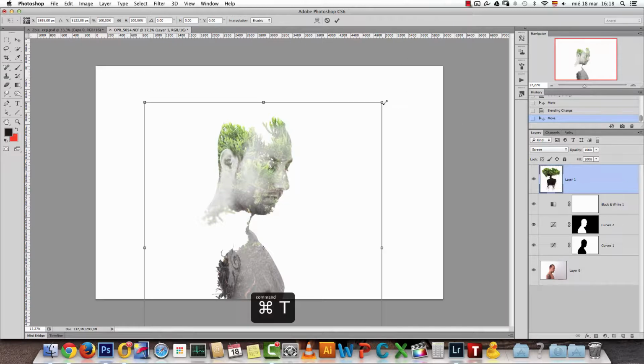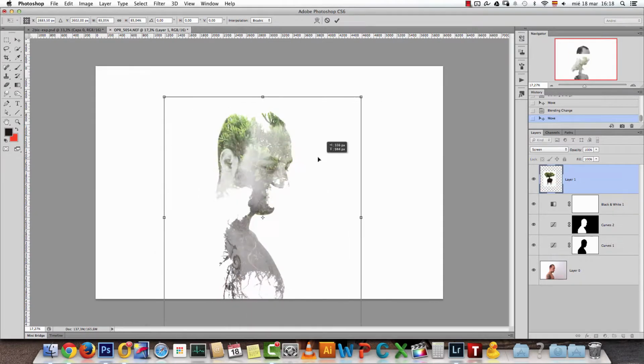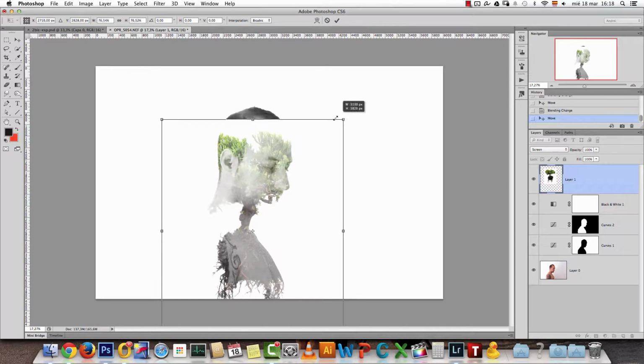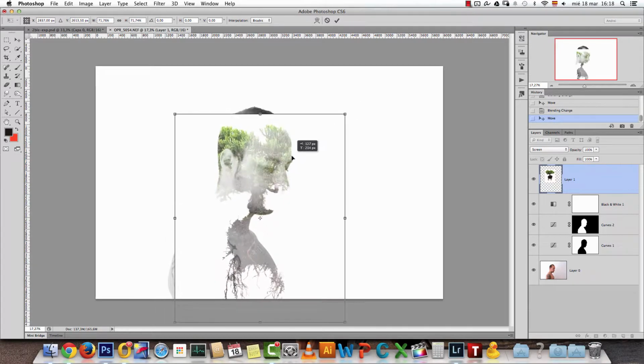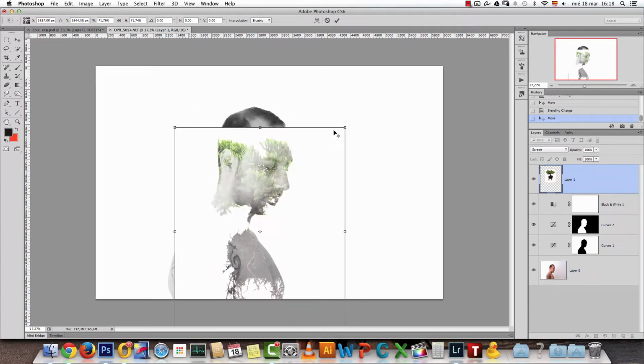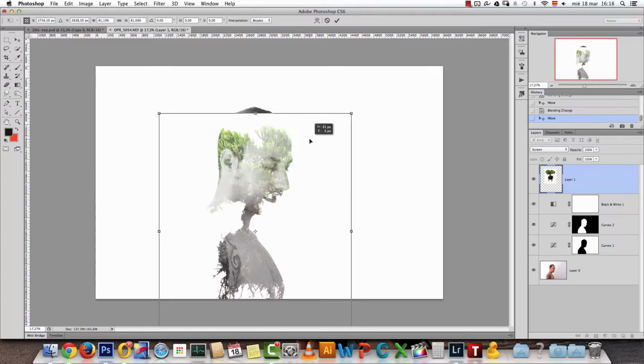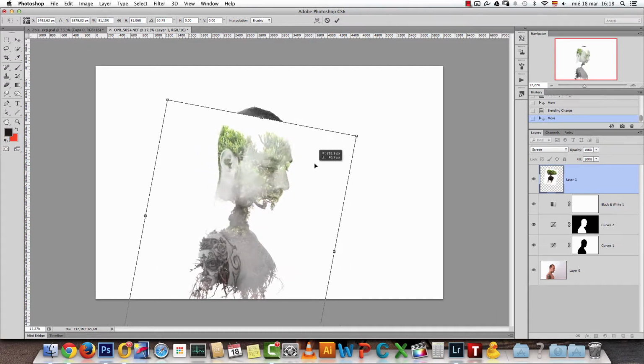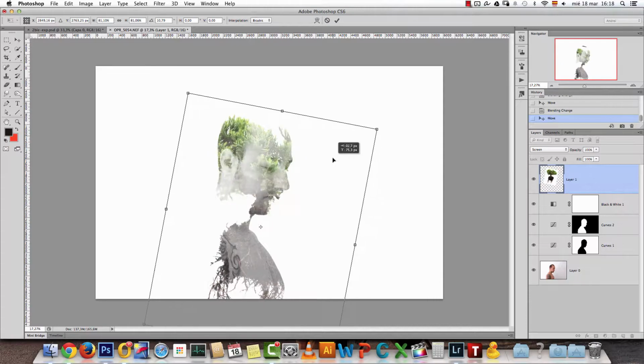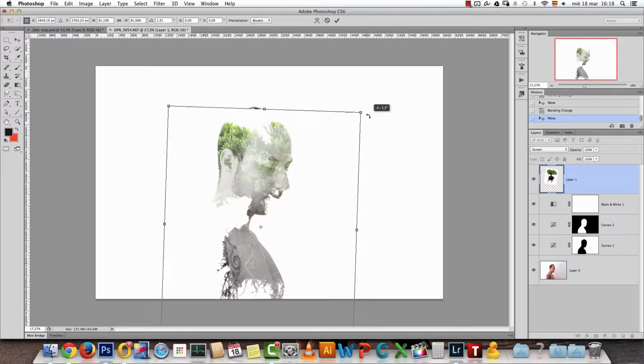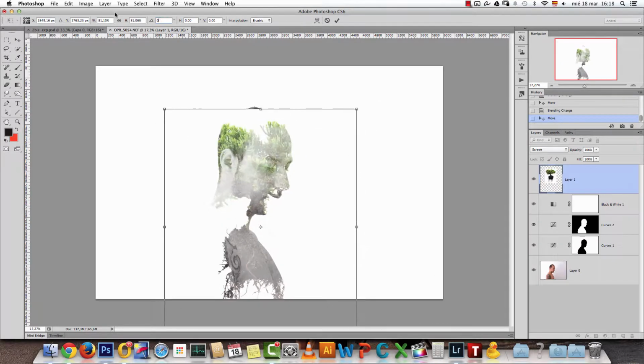First, I want to make it a bit smaller, because I want these branches to be visible something like this, maybe. Yeah, something like that. We'll see if I want to rotate it. I can do that afterwards.